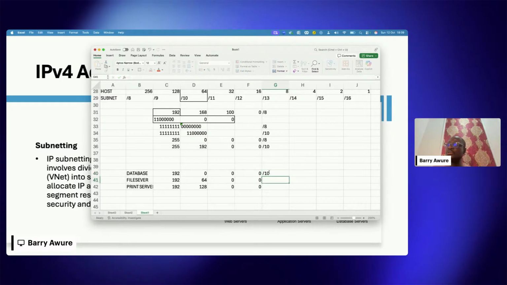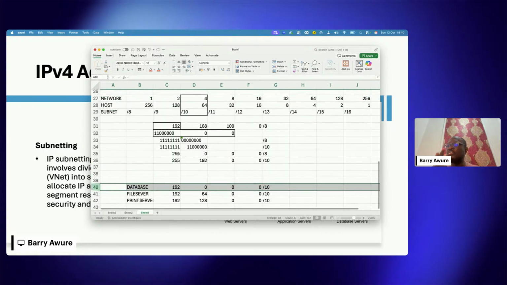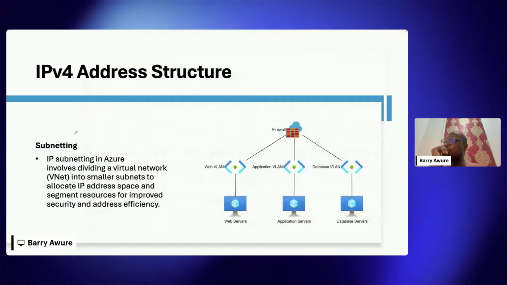So this will now be the new subnet, the new network ID that these different subnets will carry, based on the fact that you have chunked your /8 into these smaller groups, right? And with this now, you can decide to even further divide this into smaller chunks too, all based on the way you want it to be. All right, so that is the concept of subnetting and subnet mask, right? So we'll then go into